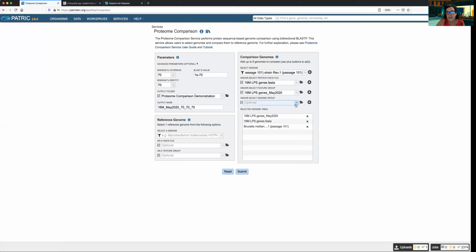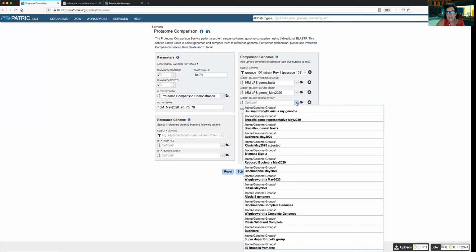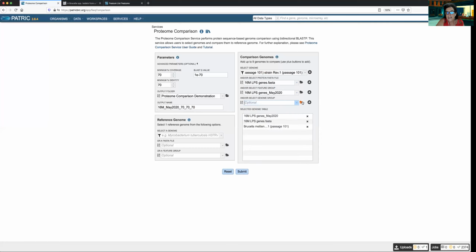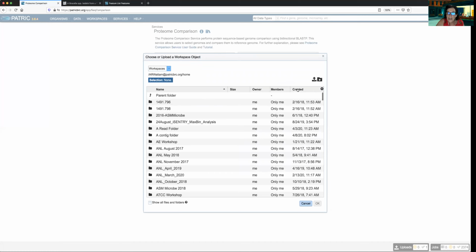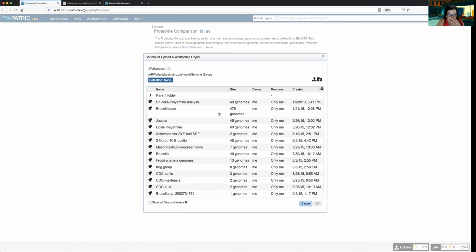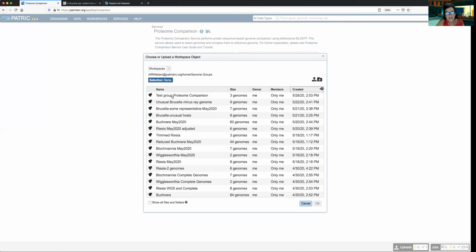And now let's look at a genome group. I've created tons of genome groups in Patric. It's a really useful way to narrow in on data that you're interested in. And I click down here to see ones I created recently. Hold on, let me show you how to do it here. I'm just going to click on created here. My genome groups, I click on that. And I need to see one I created recently. So I click on that, and you see I've got this group called